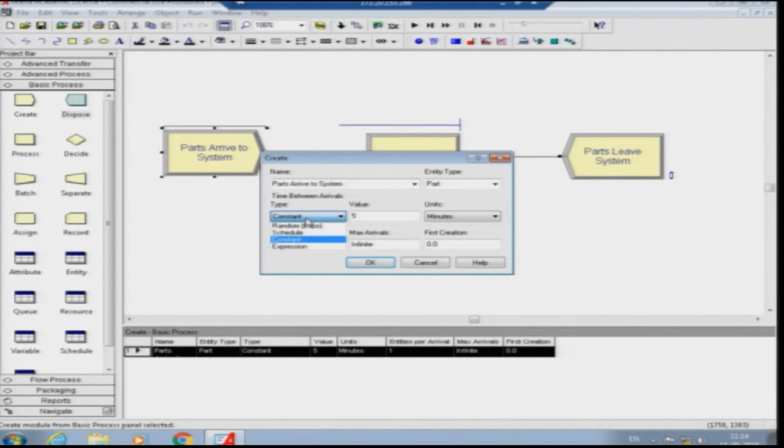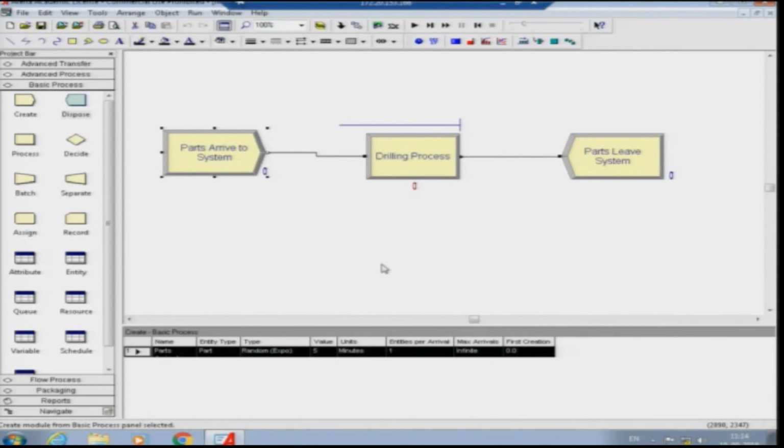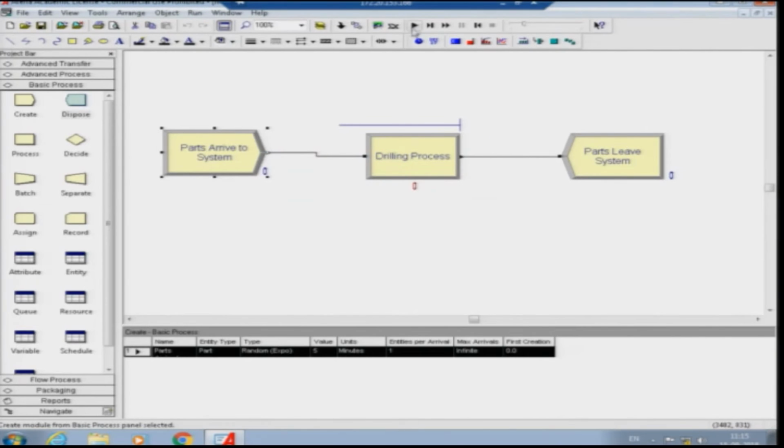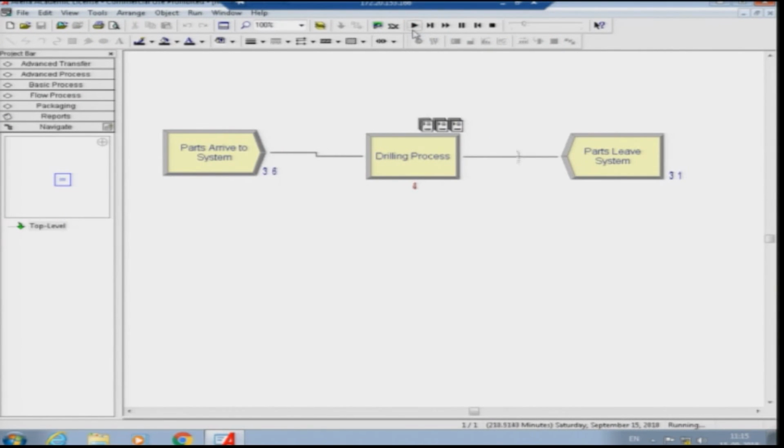So, what I am going to do is, instead of the constant, I am going to change it into random exponential, which means it is a random with an average value of 5 minutes. So, if I keep on looking at the arrivals in the long term, I will get 5 minutes of arrival coming into the system. I do this and I do not change anything else. All I changed is the constant to random exponential, which means the arrival is random or the time between arrivals is exponential. It is no longer constant. There is a variation in the system. You allow this and then run the simulation model.